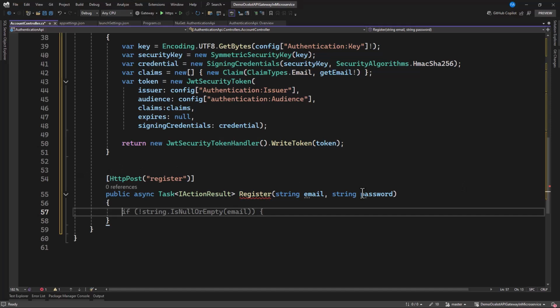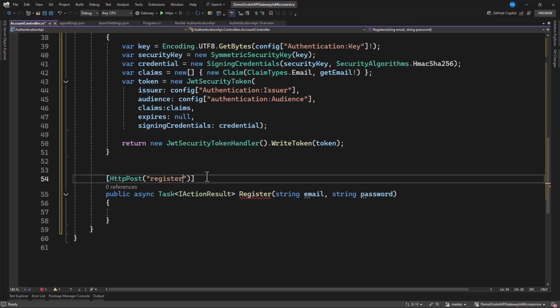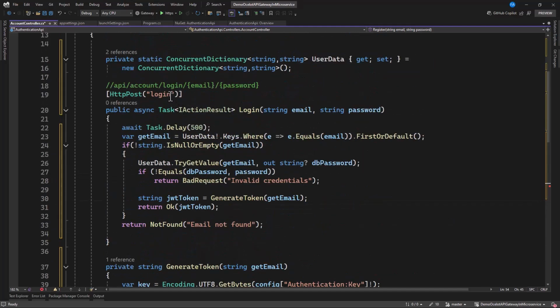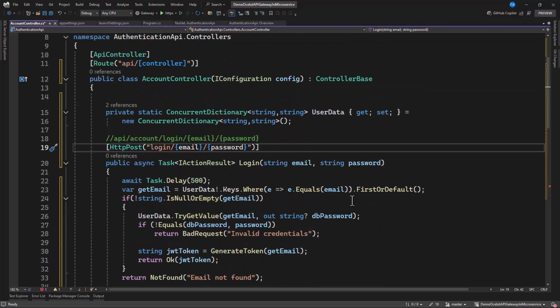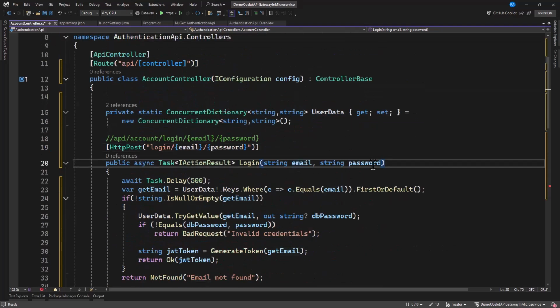Before we move on, we should not forget this needs email and it needs password. We need to do the same thing here. So that is email and password. Okay, and these are the variables that we are passing here as payload.